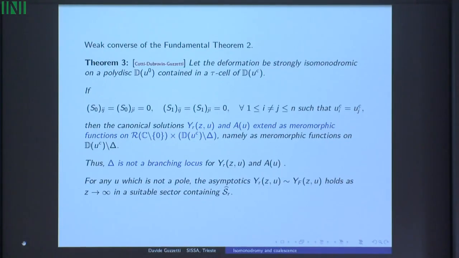So suppose the deformation is isomonodromic here, and suppose that there are entries of the Stokes matrices which are vanishing with labels corresponding to the coalescence point. Then in this case, you can prove, using a Riemann-Hilbert approach, that solutions to the isomonodromic system actually have no branching at the coalescence locus. They are meromorphic functions now, not holomorphic in nu, but at least they are single valued. I call this a weak converse because,